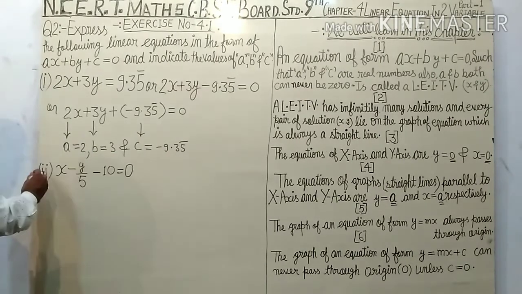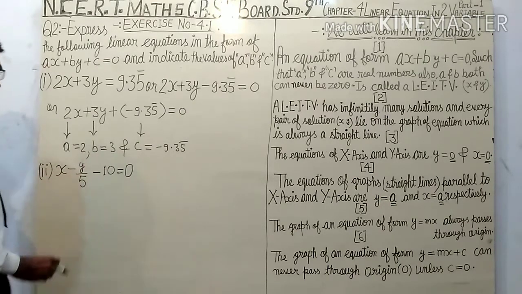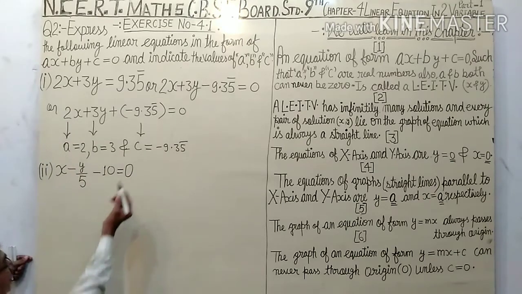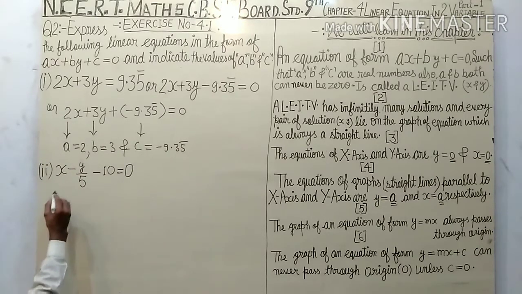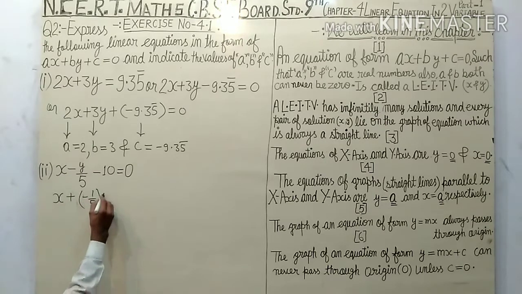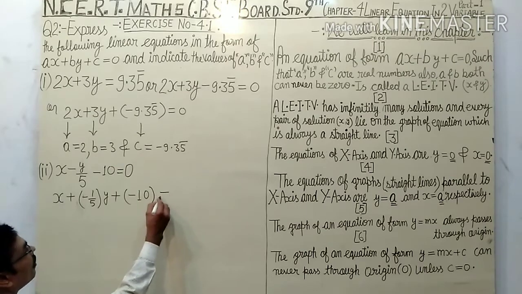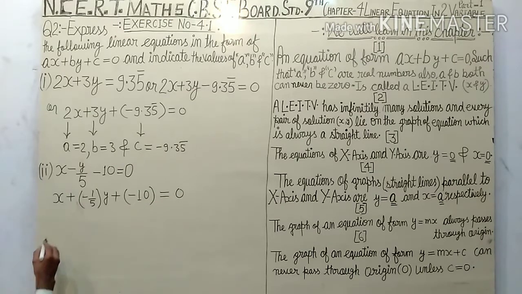In the second part, x minus y by 5 minus 10 equals 0. Students, this equation can be rewritten as x plus minus 1 by 5 y plus minus 10 equals 0. And now by comparing,